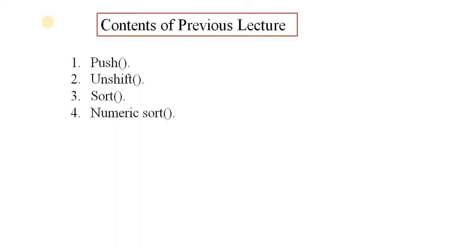Numeric sort means what? By default sort method sorts the values as strings, and this will work for strings in a proper manner. But if numbers are sorted as strings, then it will produce an incorrect result when sorting numbers. That's why we use a compare function for sorting numbers. Compare function defines an alternative sort order. The function should return a negative, positive or 0 value depending on the arguments of an array.